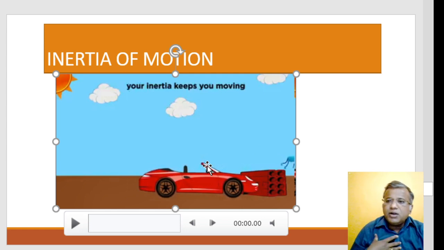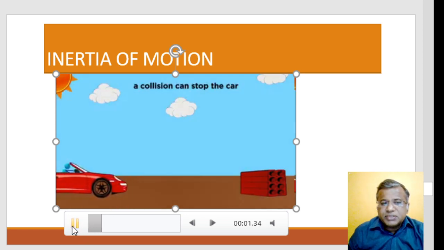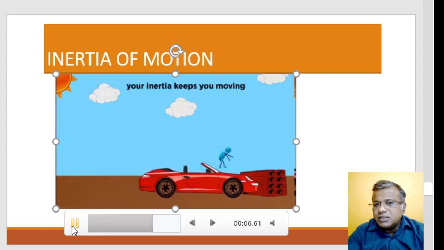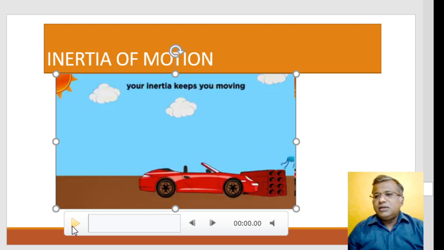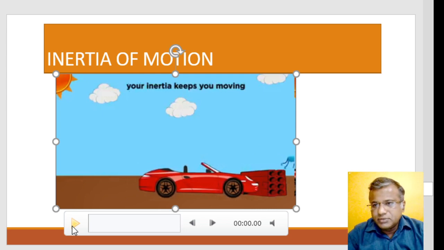Even though in the car you feel that you are at rest, you have a motion same as that of the car. The moment any object interferes, like a block, the car stops, but you are still in a state of motion. That's why especially in bike accidents, when a bike comes across an obstacle, the person is just thrown off. It's an example of inertia of motion.